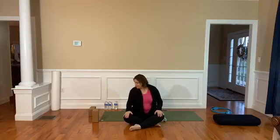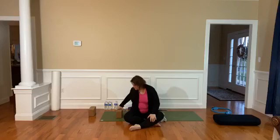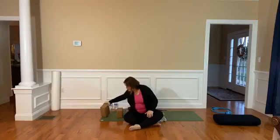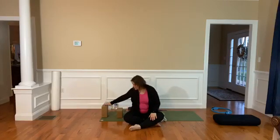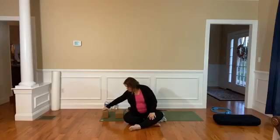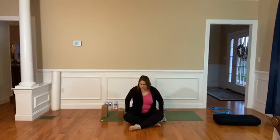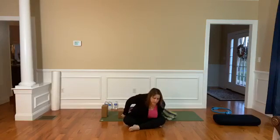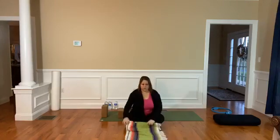Then if you have blocks, we're going to come into a supported back bend for just a bit. So if you have blocks, you can set them up in this orientation, medium and high, or modified, you could do low and medium. If you do not have blocks, you can substitute a pillow and maybe a beach towel or a firm blanket. You could take it and you could